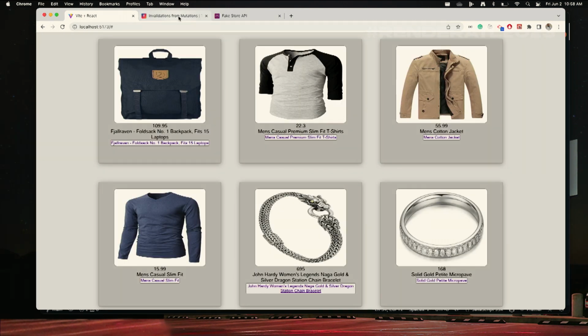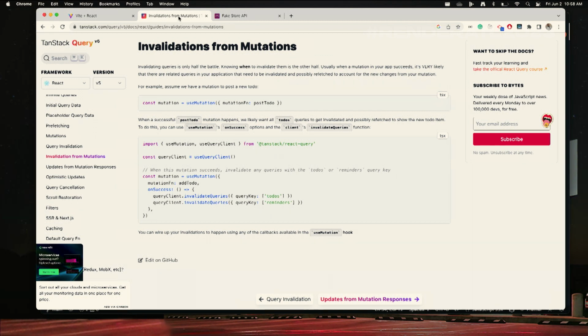One of the big things here, by the way, is if you noticed, or maybe if you didn't notice, a lot of the terminology that I've been using has really been focused on version 4. As of last week, version 5 is now out. After consulting with TK Dodo himself, he said it would probably be best to advise people on version 4 because it's probably the most stable version right now. But there's some terms that I kind of put in there, like isPending, for example, is something directly out of version 5. They definitely made things even easier in version 5 and a lot more customizable as well for you. But I would highly advise you to start out on version 4.